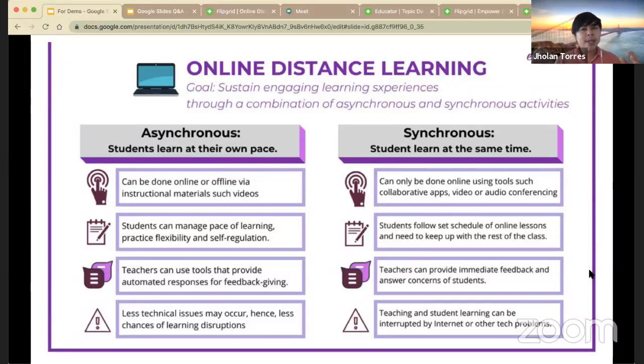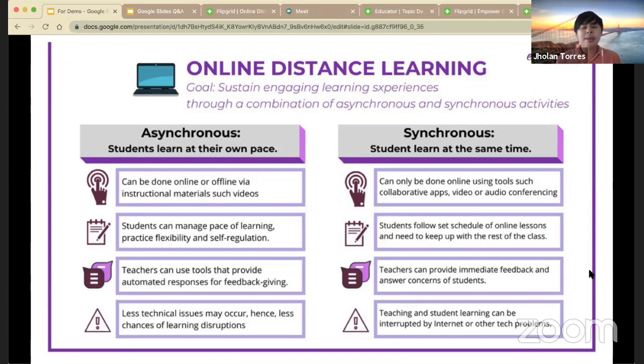Kasi, di ba, during our first day, sabi ko sa inyo, we need to address the transactional distance theory. The transactional distance between you, the teacher, and the students, and between student to student. You need to bridge the gap of having this transactional distance with your students during online distance learning.